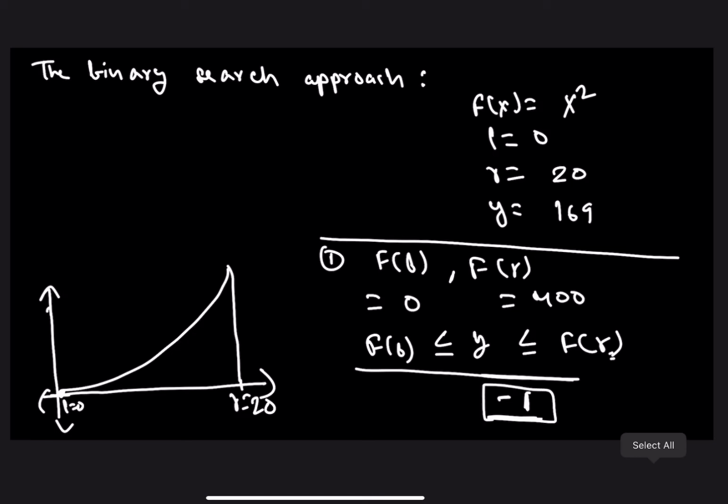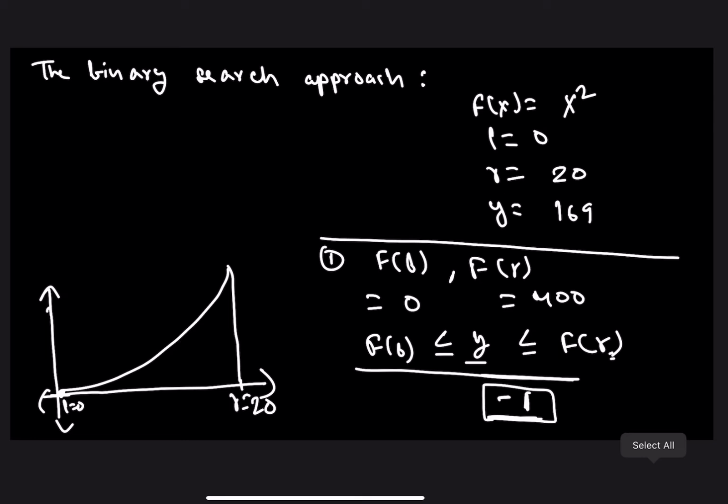In this case you just check if there is a solution for this problem. If there is not, you just report -1. And why is it important for y to lie between f of L and f of R? If you notice, the function is monotonically increasing. So if y is either less than f of L or greater than f of R, there can be no existing solution for this problem, and in that case you have to report -1. Otherwise there is guaranteed to be a solution for this problem. So that was point number one.